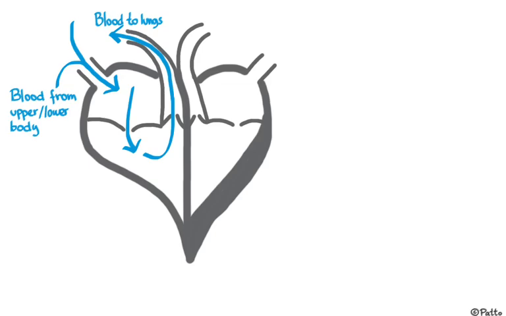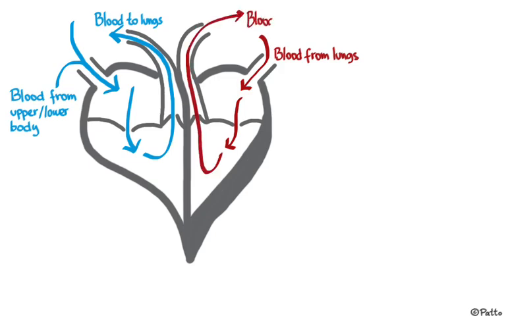In diagrams, we usually represent deoxygenated blood, the blood that's coming from the body, in blue, and after the lungs, we represent it in red because it's a bright red. So the blood from the lungs that has been oxygenated comes back through the pulmonary veins into the left atrium, and then it's pumped into the left ventricle, that when it contracts, it closes the mitral or bicuspid valve